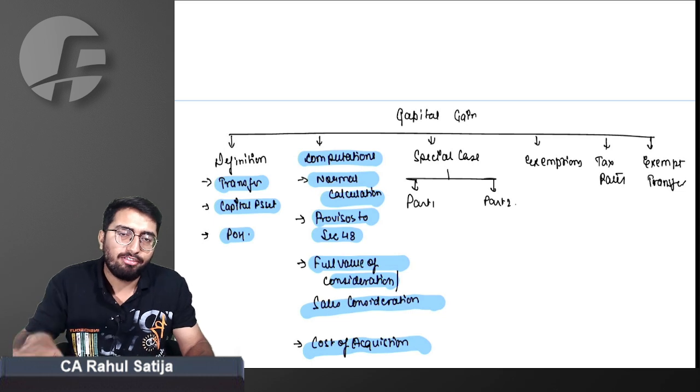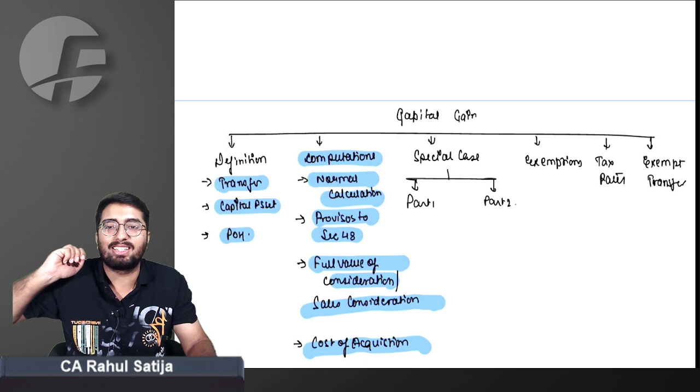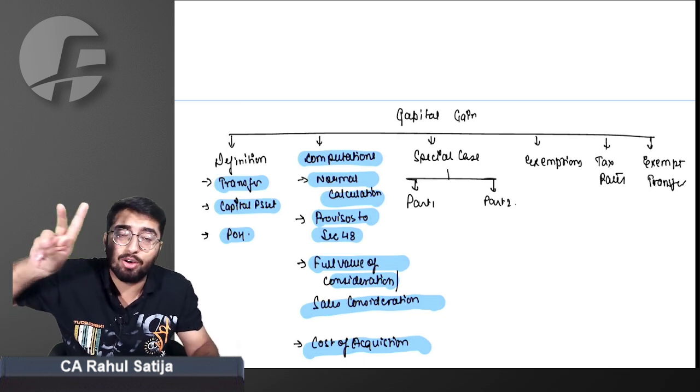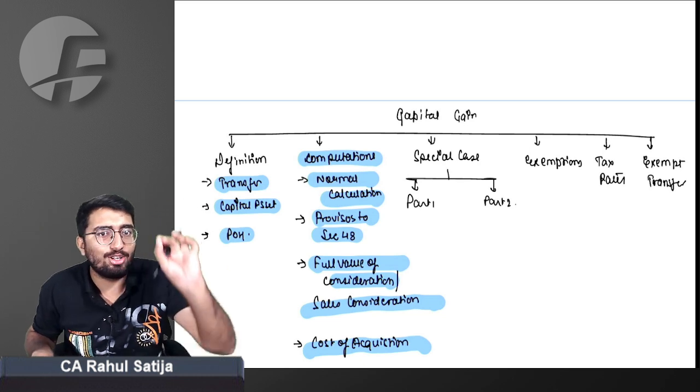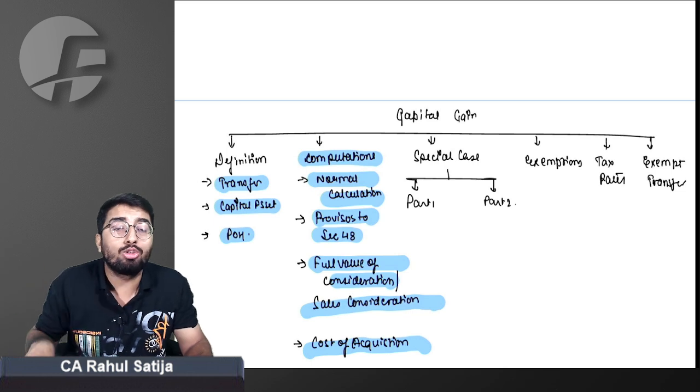This was all about 50C. 50D, we studied about unlisted shares. In case any unlisted shares are sold, how do we calculate full value of consideration? We have to take FMV or sales price, whichever is higher. But this provision was not applicable in case of private limited companies, whose board of director